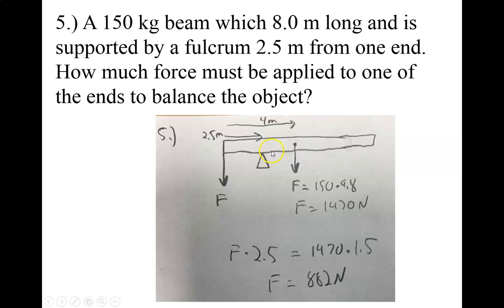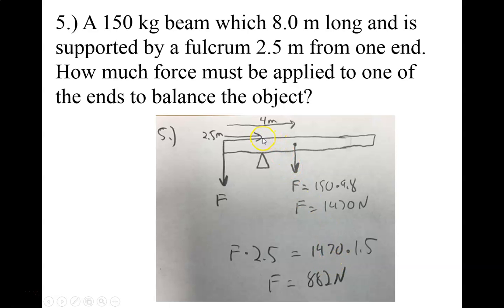And now we're going to say that the torques have got to cancel. So we've got a counterclockwise torque that we're applying, and we're looking for F. My lever arm from my force is going to be 2.5 meters, because it's at the end. So F times 2.5 equals 1470 times